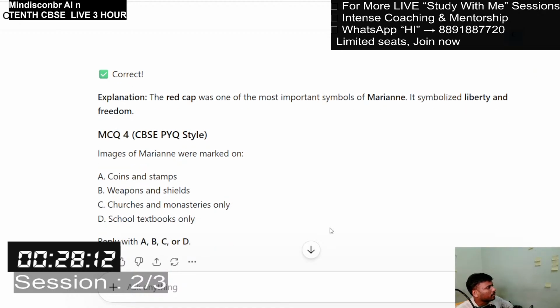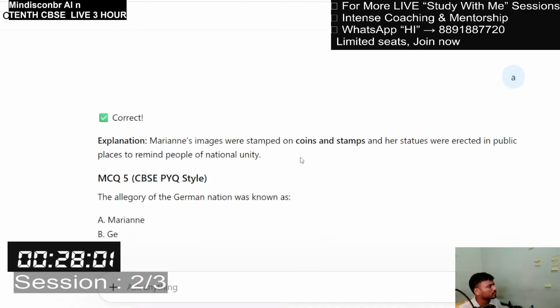Images of Marianne were marked on coins and stamps. Marianne's images were stamped on coins and stamps, and her statues were erected in public places to remind people of national unity. The allegory of the German nation was known as